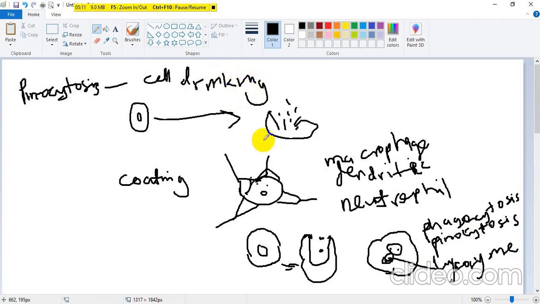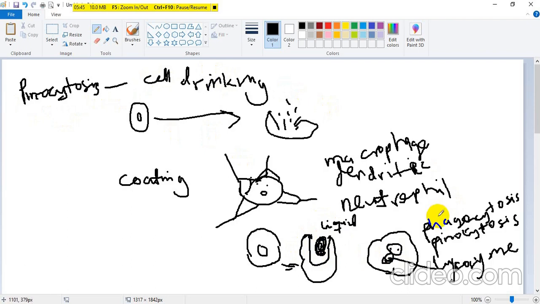It means this organism, instead of being a virus, is a chemical or a liquid. It is a liquid. So the cell will now drink the liquid. It is no longer cells, it's liquid. So the cell will wrap its cell membrane around the liquid and engulf the liquid and destroy it. That is what we call cell drinking,